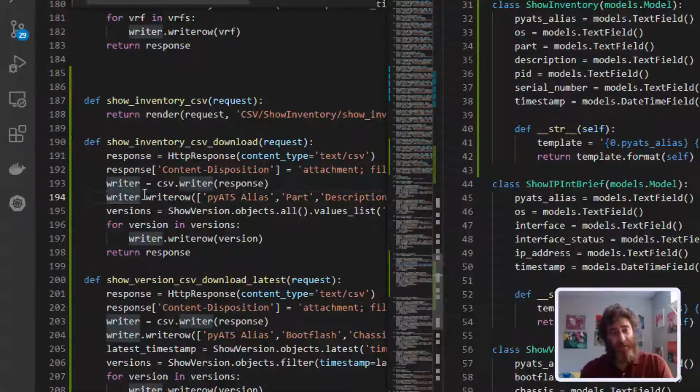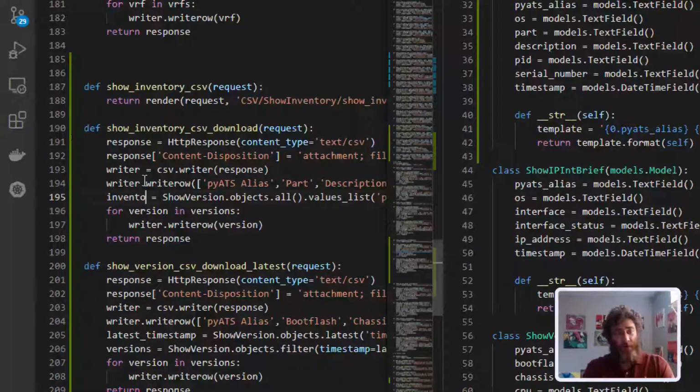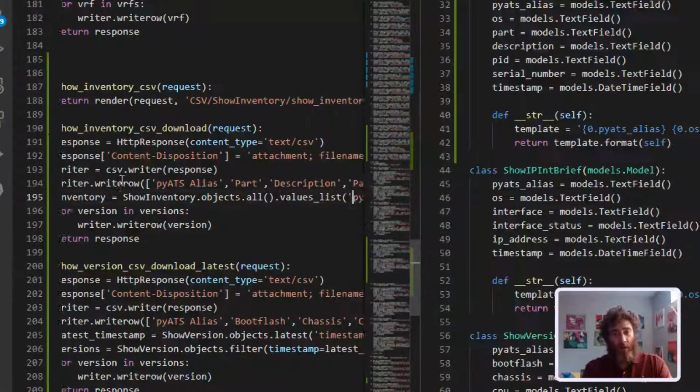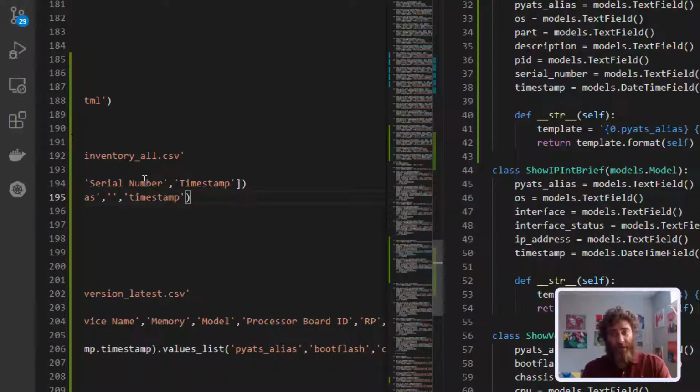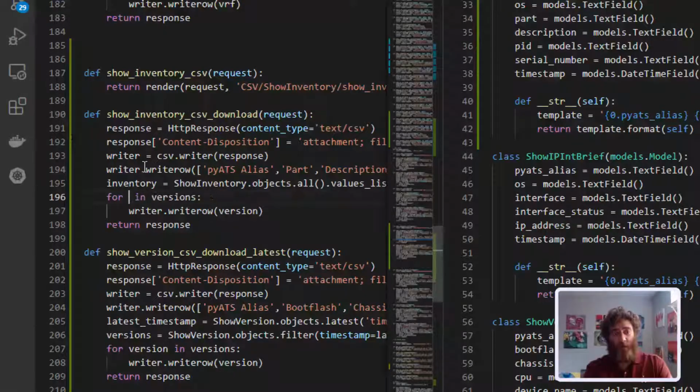Okay? So now instead of versions, we're going to call this inventory equals show inventory objects all, and then the list of values. Now these ones have to match. Okay, we want these to actually say part, description, PID, serial number. All right, so then we want to write a row for each what? For each part in inventory,